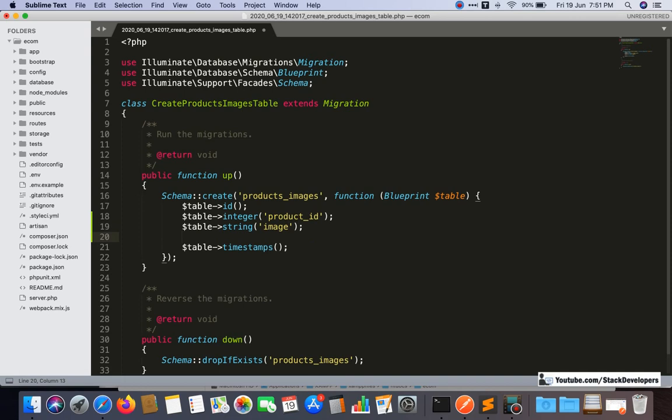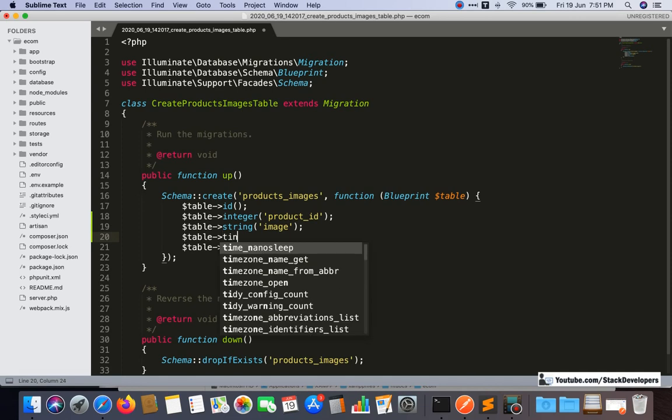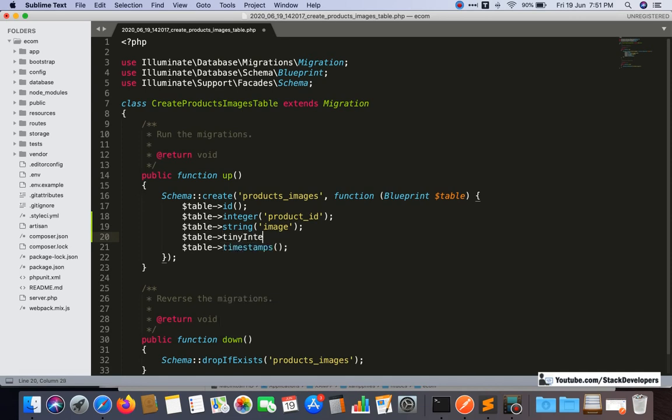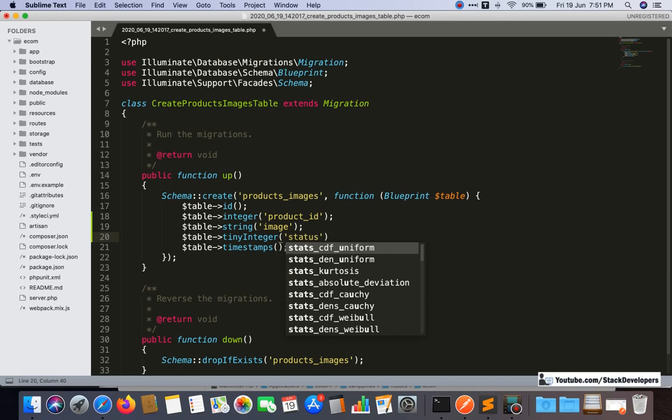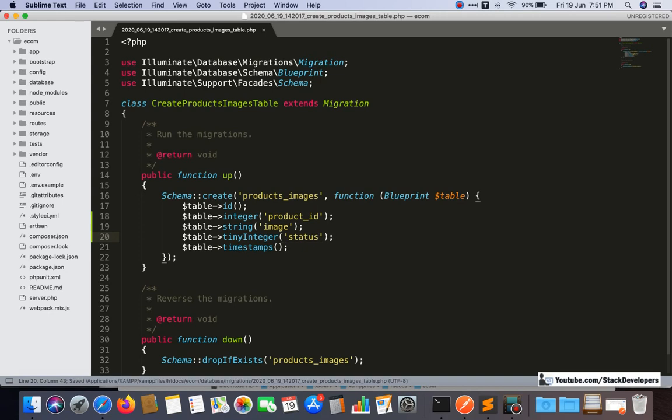You can save as many images as you want for the product. And we are also going to give a status, as sometimes we want to disable an image for some time and enable it again. Otherwise delete is always there; you can delete the image anytime you want. These are the few columns that we want to keep in our products_images table.